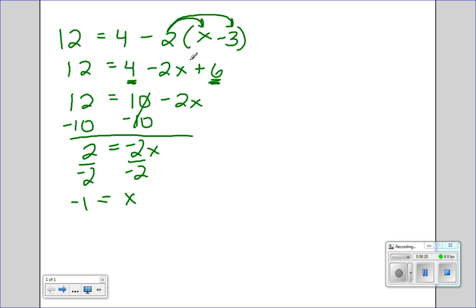Again, great idea to go back in and check that. So if you were going to plug in negative 1 right here, then this would be negative 4. That means I would have, excuse me,